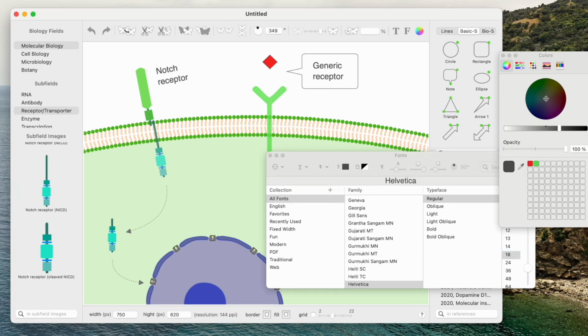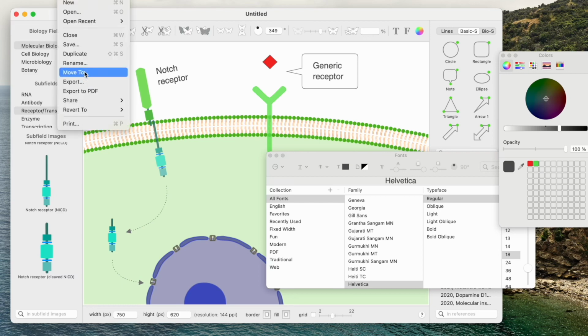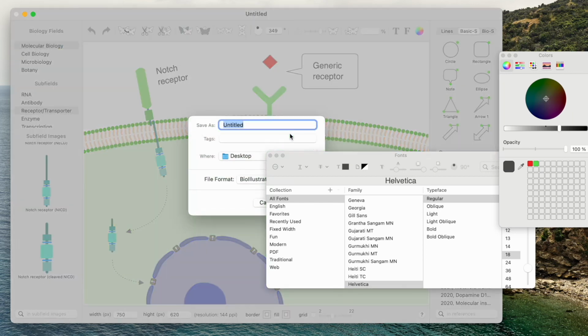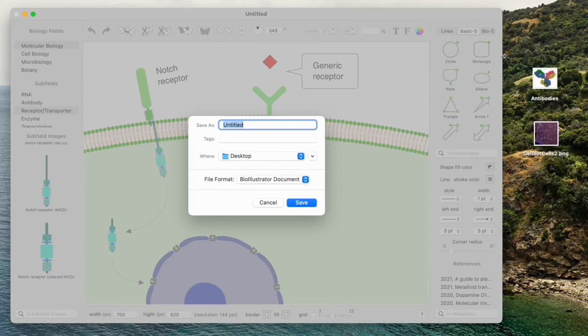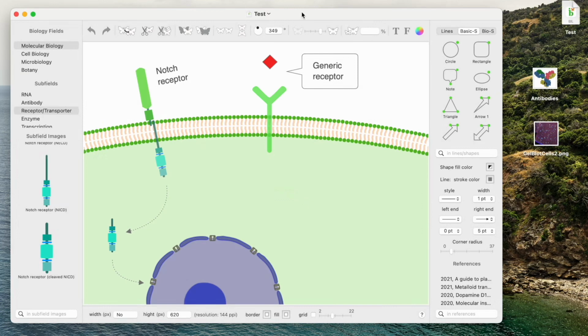When the illustration is completed, it can be saved to graphical files or to custom files which can be used later for editing. We open save function. Let's close this. As you can see here, BioIllustrator document. This is the custom file. So let's save this illustration to the BioIllustrator document. Test. Save. Then let's close this file